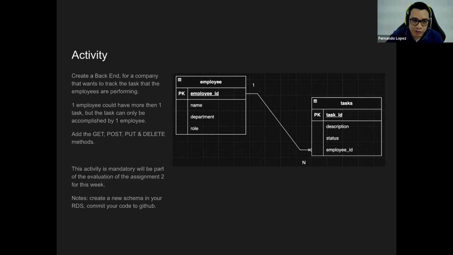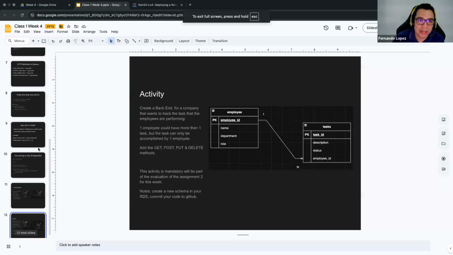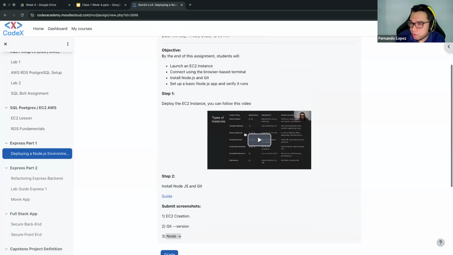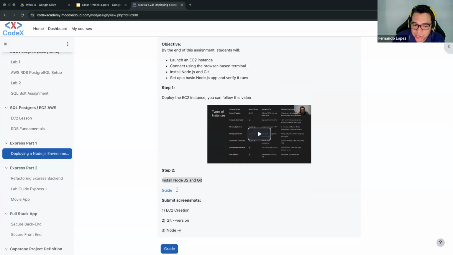Assignment number 2 is going to request that you deploy this backend in AWS. Assignment number 1 right now, if you read its definition, is that you deploy the EC2 instance. And if you don't remember how to deploy it, I have the class recorded here, so you can use it as a guide if necessary. And then you need to install Node.js.